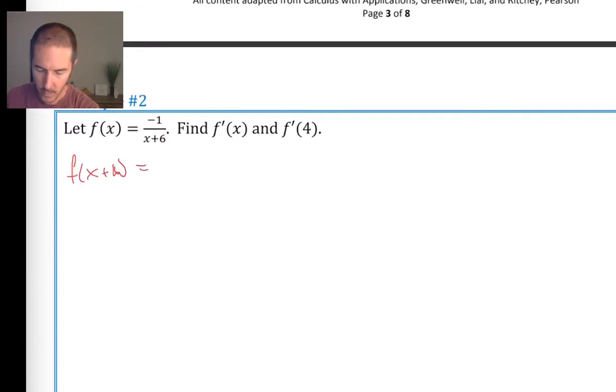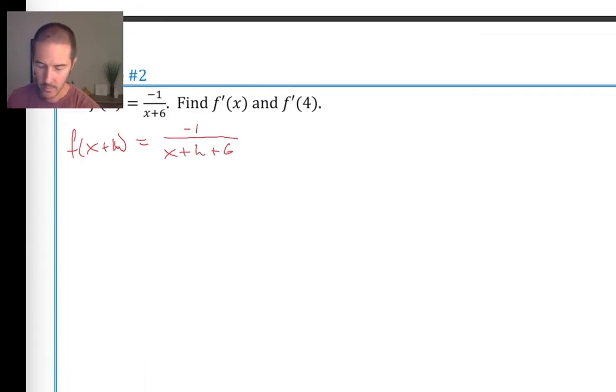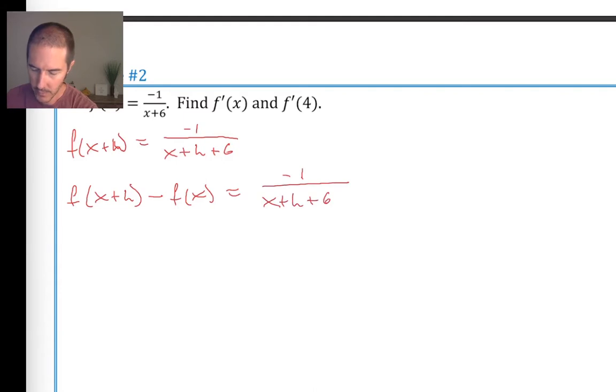In this case, we're going to take the x plus h and plug it in, replacing all of our x's with an x plus h. So this will equal -1 over x plus h plus 6. And then we need to calculate f of x plus h, but also subtracting our original function, f of x. So that is -1 over x plus h plus 6, and then we have to subtract -1 over